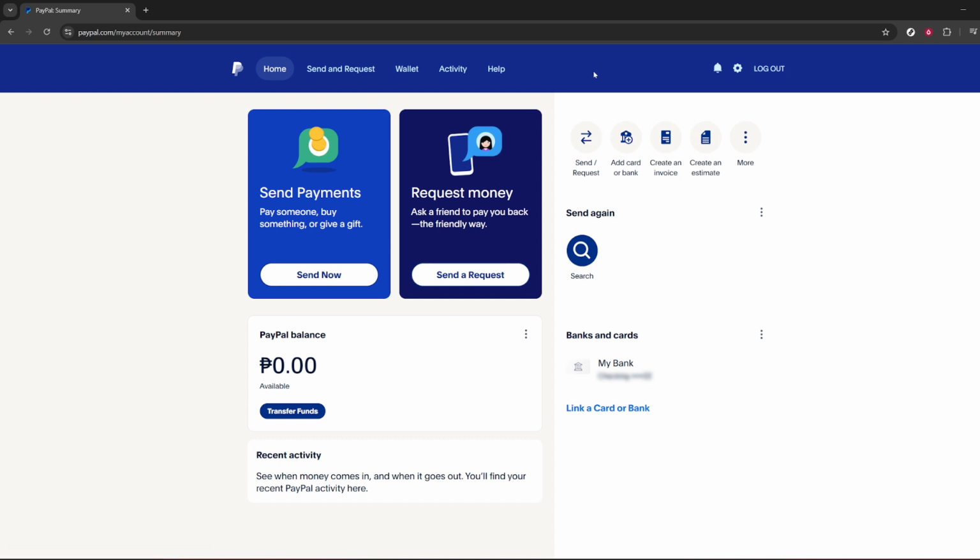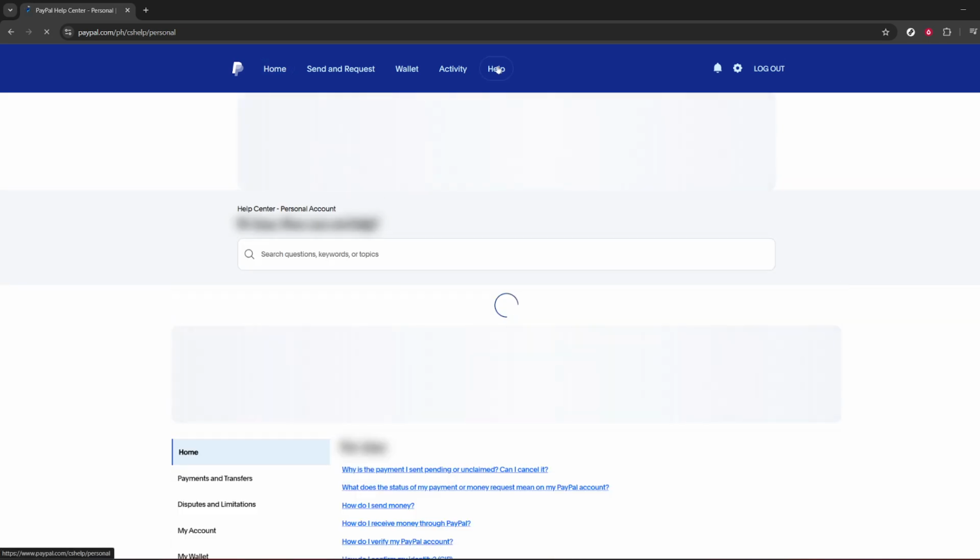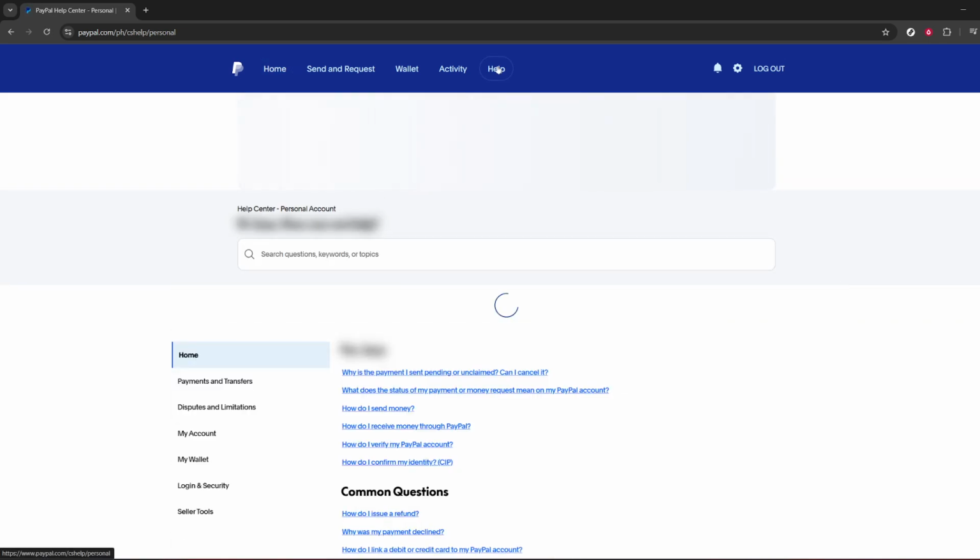Start on your PayPal homepage. After you sign in and land on your account summary, look for the help link. You'll usually find it at the top or bottom of the page. Click Help to open PayPal's support hub. This area is where PayPal maintains all their official articles, so it's the best place to confirm policies, eligibility, and